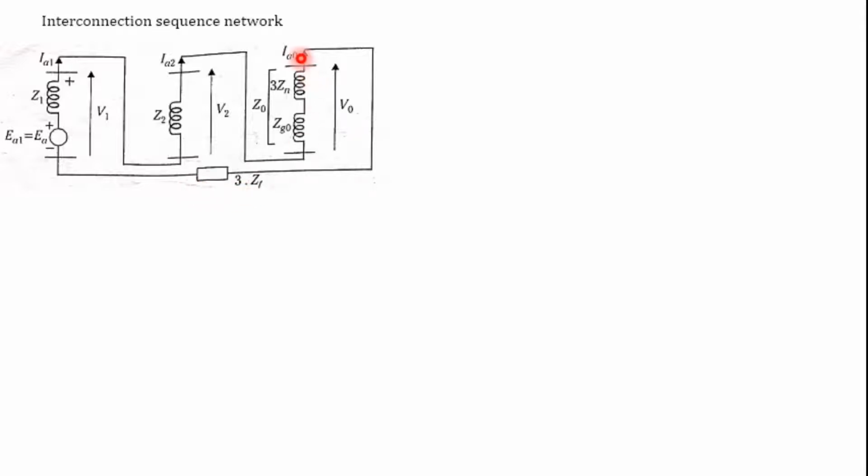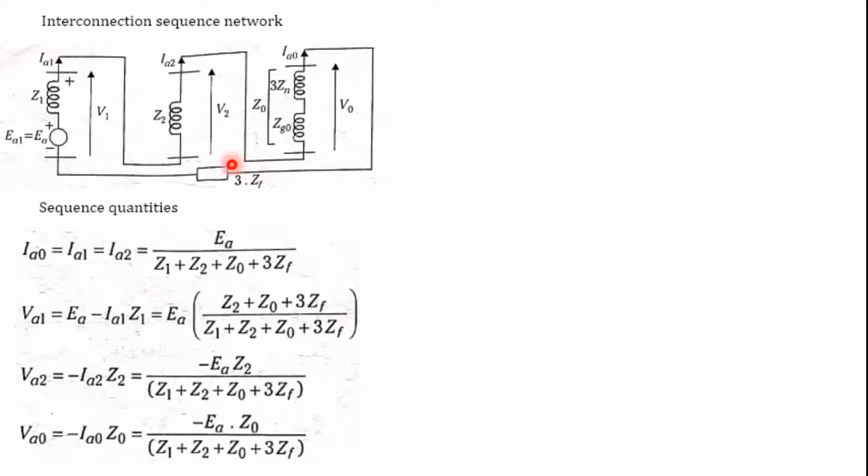Okay, what is the current IA naught which is flowing in the circuit? It is multiplied by the 3ZF. So that's why we are representing here. So this is the figure which is the same as the single line to ground fault without considering the impedance. There is a small difference: with considering impedance, we have to consider 3 times the ZF value. Okay, so based on this, we have to find out the sequence quantities.